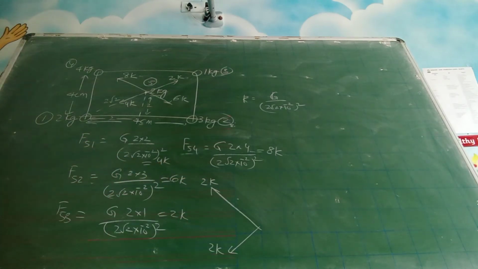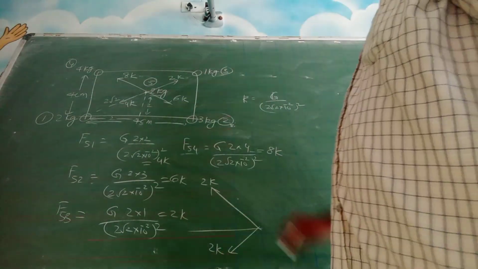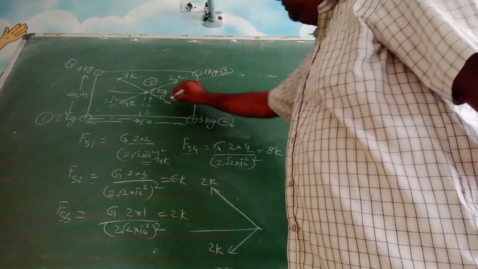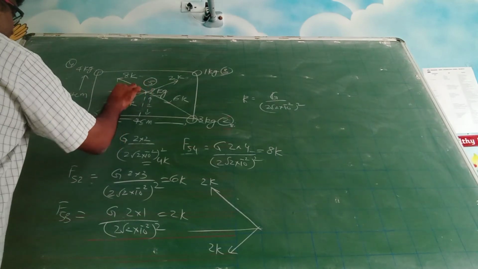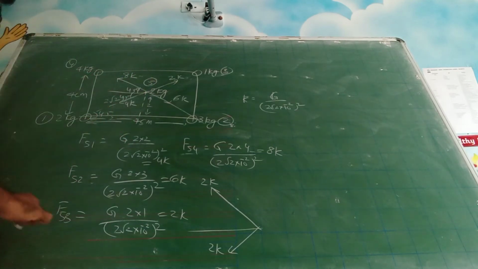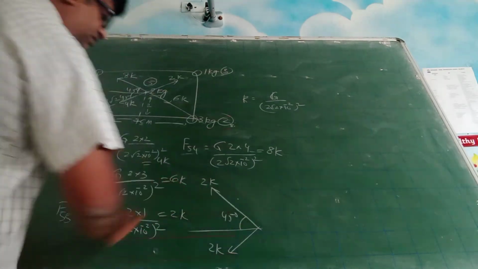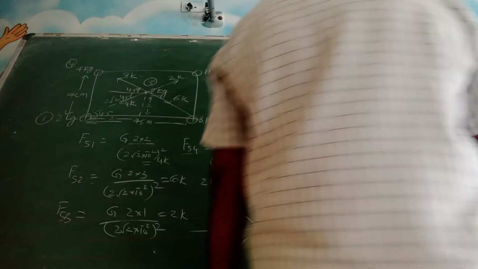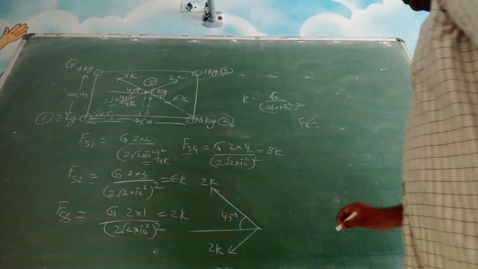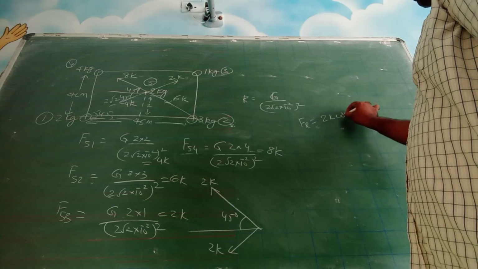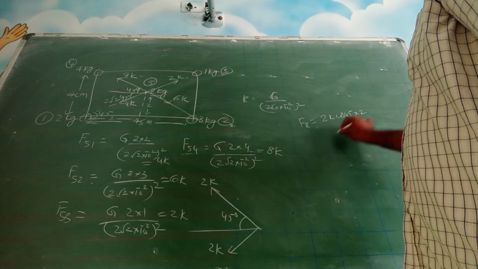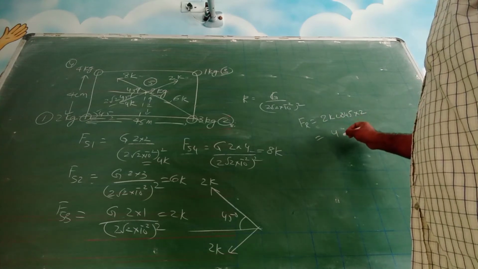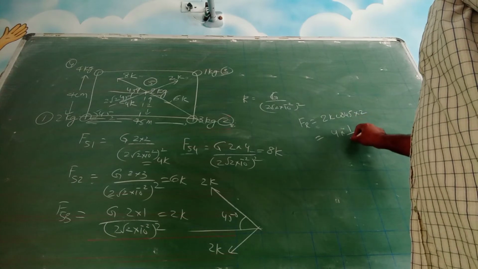So it has become more simplified now, right? So what will be this angle? See, what will be this angle? So if this angle is 90, so this is 45, so this is 45, so this is 45. Okay? So this angle is 45. So the net resultant will be Fr is equal to 2k cos 45, and because of this also you get another component multiplied by 2. So it is 4k. Cos 45 is 1 upon root 2, right?